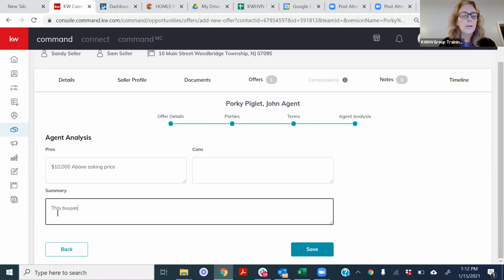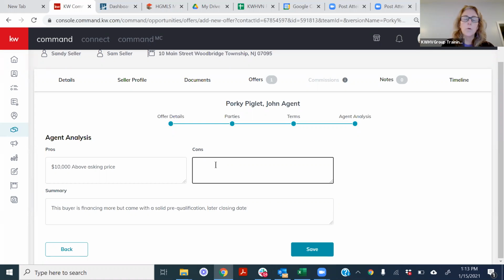This buyer is financing more, but came with a solid pre-qual. Okay. Later closing date. Okay, and again, that may not be important to your seller, so let's not assume that that's a con. Again, FHA or VA, depending on your opinion about that, your seller's opinion, you may put VA loan,